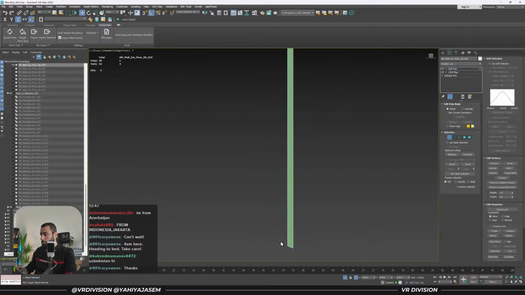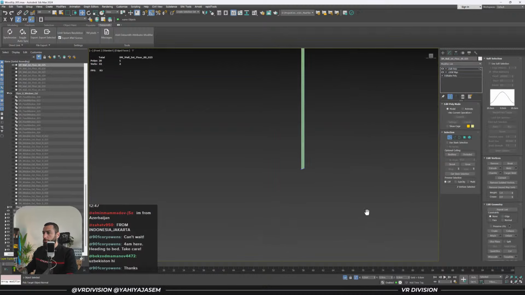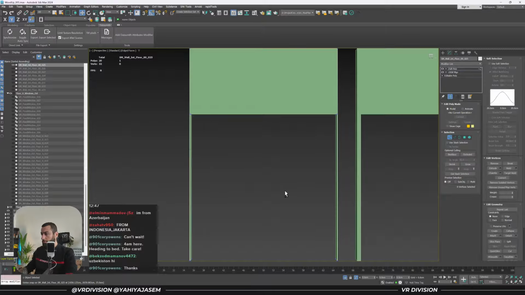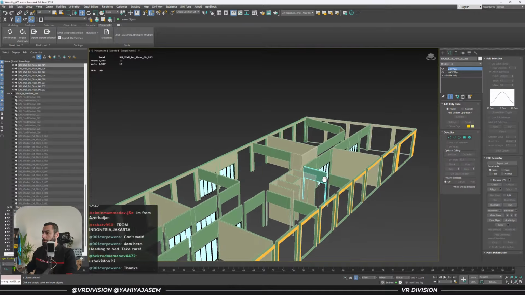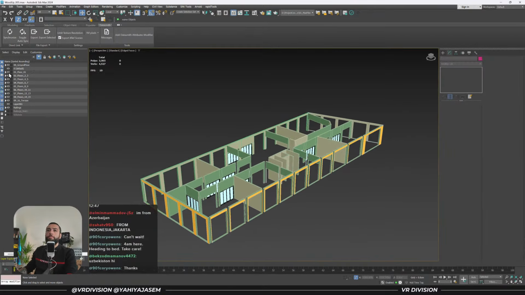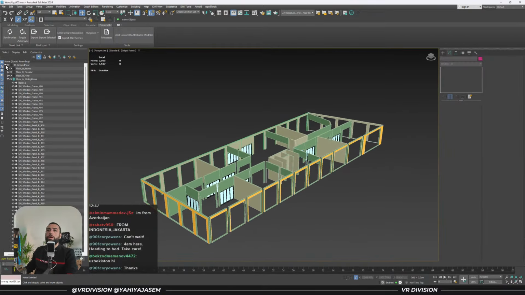I forgot. I knew I forgot something. I forgot to make them on the same height. Alright. So now let's go to the ground floor